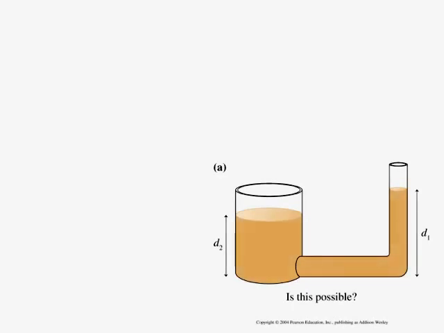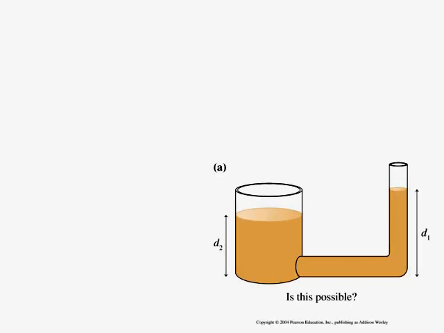So is this possible? Could you ever have a situation where you have two different containers open to the atmosphere, but the level of the water rises differently in the different containers? Well, if we simply draw a line from the lower surface in the container on the left to the container on the right where the surface is raised, the lower surface will cross in a depth of the column of liquid on the right.